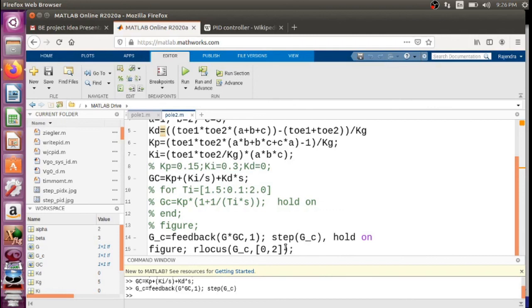We can also try to find out the root locus of this closed loop transfer function to check whether we are getting the pole locations correctly or not. So let us run this program.